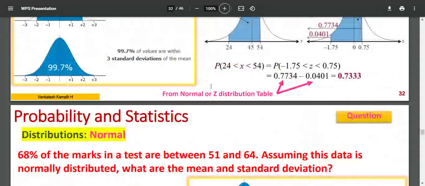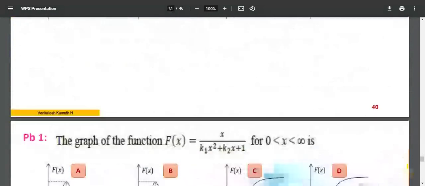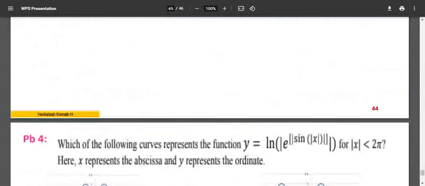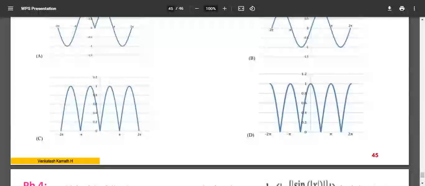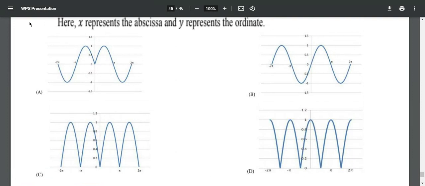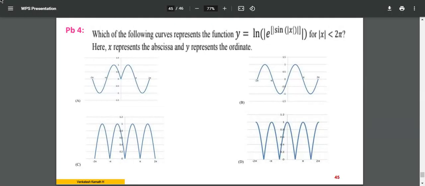Where it is going. Okay, if you see it, it is reaching 0 here and it is not reaching 0 there. So two options are there. Just think about it. I'll put a poll.